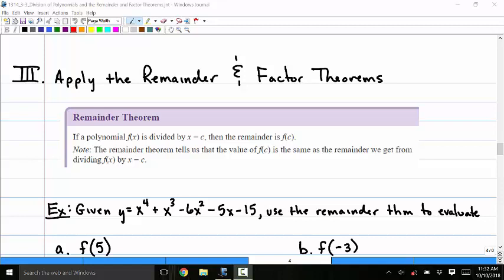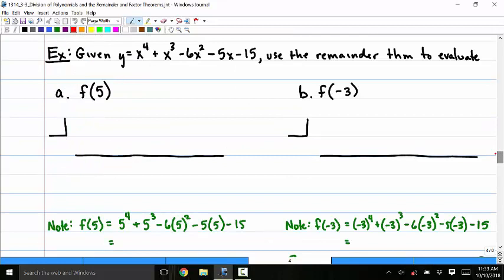Now we're going to talk about the remainder and factor theorems. So the remainder theorem says if a polynomial is divided by x minus c, then the remainder is f of c. Note, the remainder theorem tells us that the value of f of c is the same as the remainder we get from dividing by x minus c. What does that mean? Looking up on the board, if you were to plug 3 into that original polynomial, guess what the value would be? 0. Okay, taking that and looking at it with this problem,